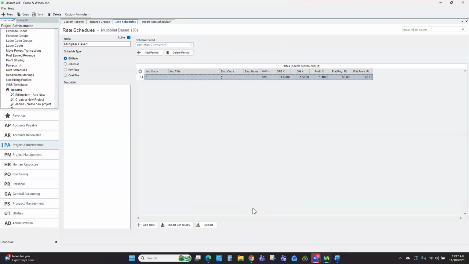Okay. Any questions so far on bill rate schedules? And I know we went through the import-export process pretty quick, but I do want to cover a lot of different areas. So if there are none,